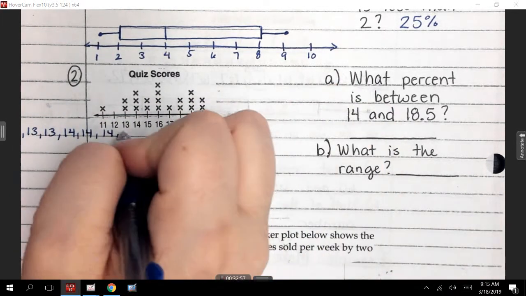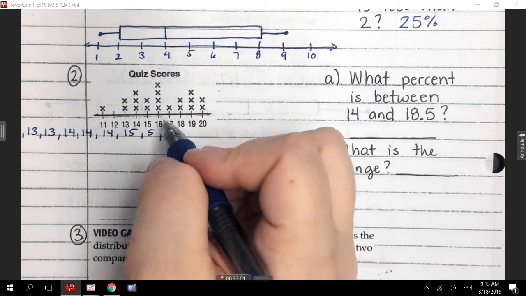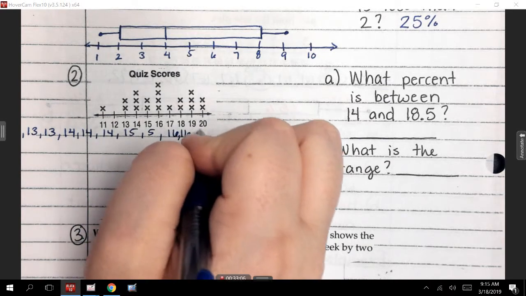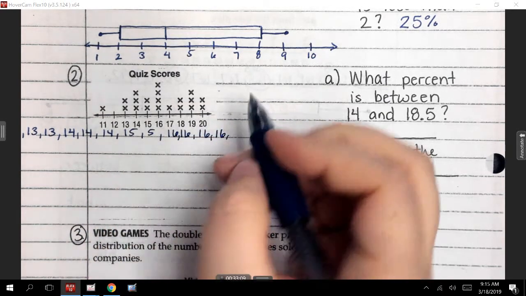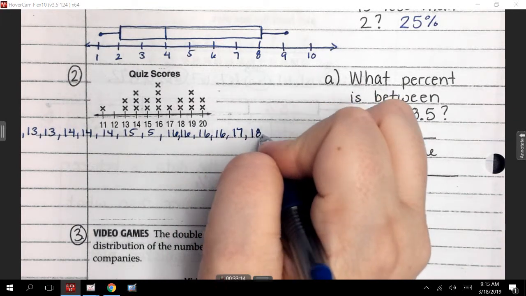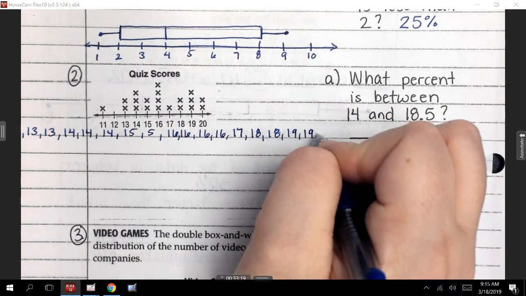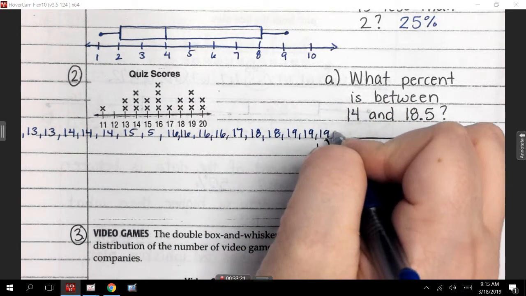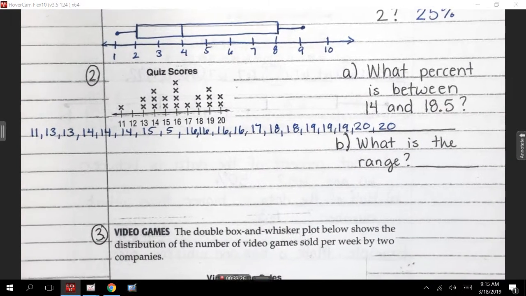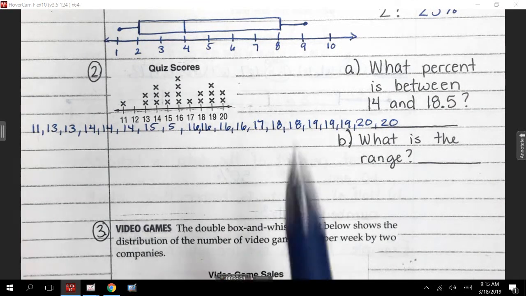And then 15 twice, and then 16 4 times, and then 17 once, 18 twice, 19 3 times, and 20 twice. And you see I went onto that line over there. I'm okay with that. That's a lot of numbers, so I just want to count up and make